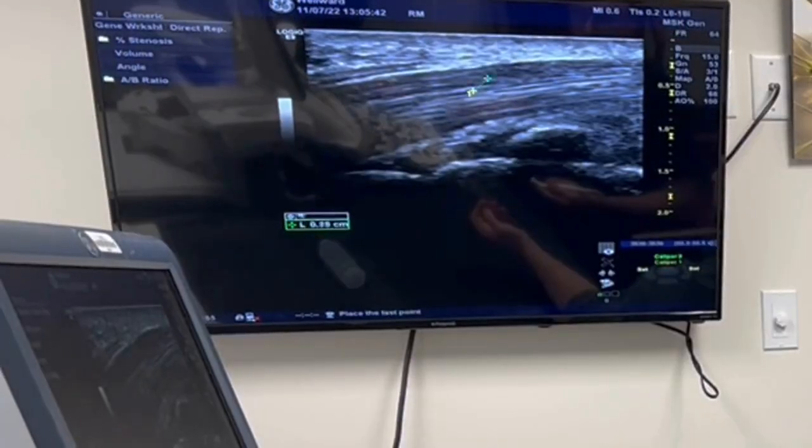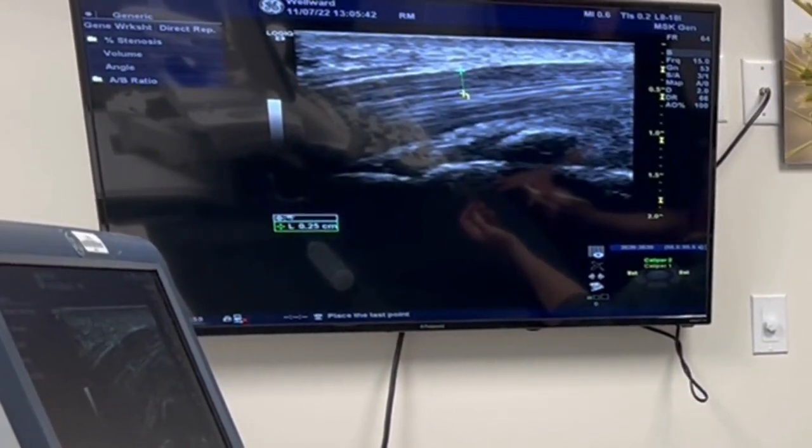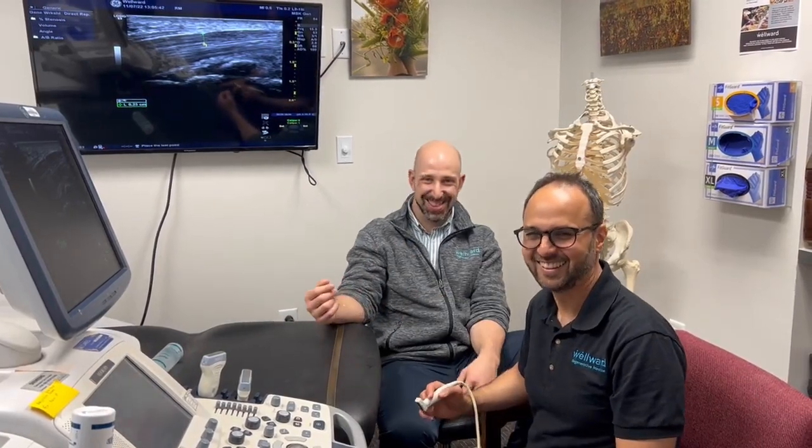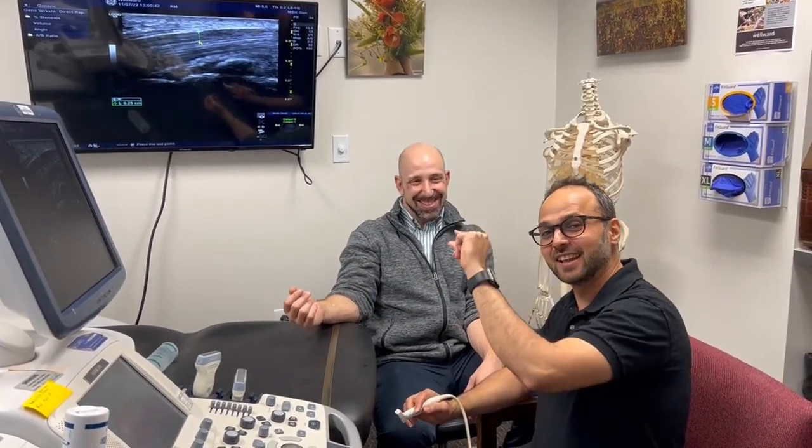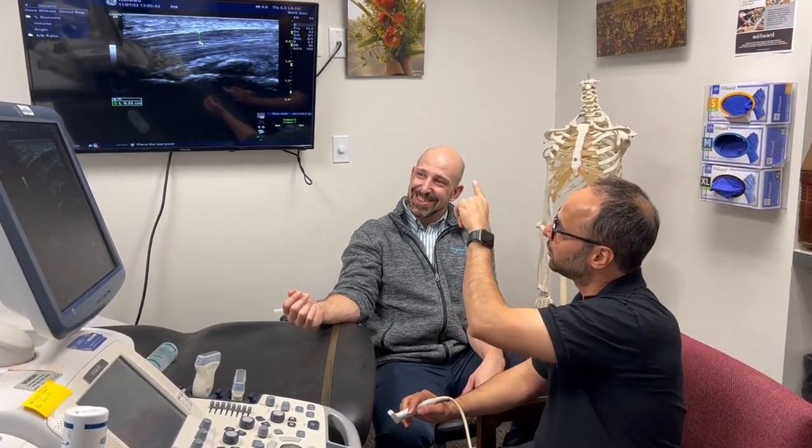In James's case, it's about 1/4 of a centimeter across. That's huge, by the way. Not that big. But it's consistent. It's an even spaced nerve throughout the diameter, meaning that that nerve has no areas of swelling or edema. But if all of a sudden one area went from 1/4 of a centimeter to 1/2 centimeter, that's an area of the nerve where there's been some kind of an irritation or entrapment for long enough to where that nerve